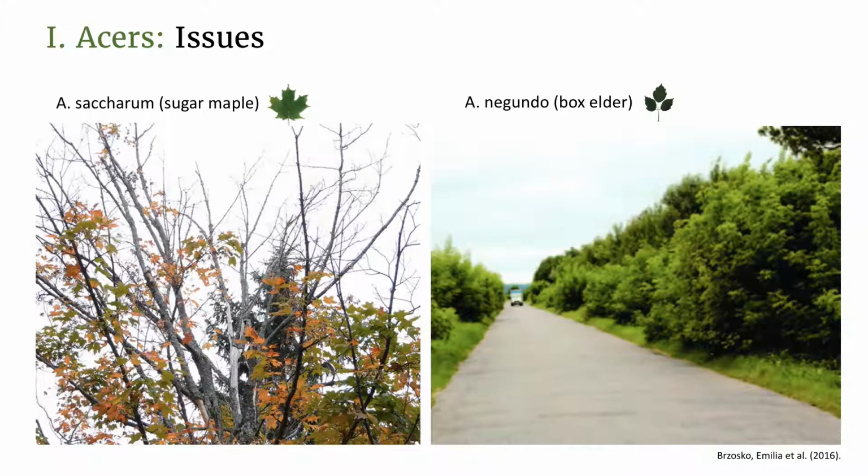Negundo, on the other hand, is considered invasive in parts of Europe, South Africa, and Asia. This is largely attributed to its plasticity in both overall growth and allocation to biomass, though it was found to have lower rates of photosynthesis and nitrogen content compared to natives, which is interesting because disadvantageous traits are not normally found in invasives. It also has phenotypic differences in sex expression, so females are more successful in wet riparian habitats, males in dry due to better stomatal regulation, and they have differences in growth.